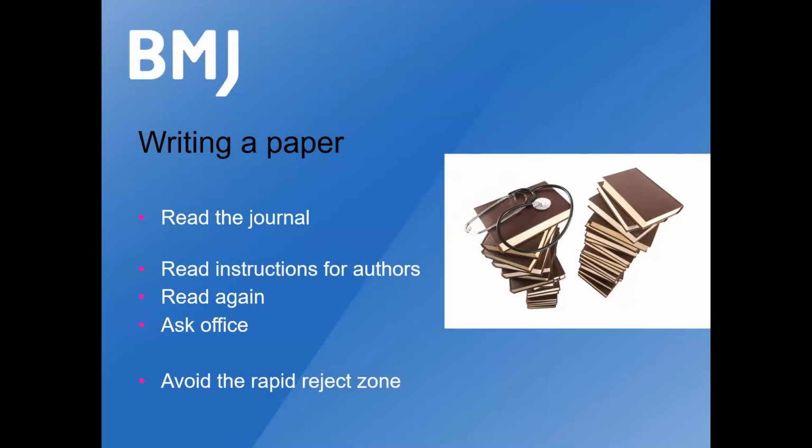Many journals have a rapid reject zone, whereby they get a submission, and for some reason it's not right or not in the right format, and it's automatically rejected. It can't be accepted for the journal. And often when I see it, it's because people haven't read the instructions for authors. I also, every year, peer review poster abstracts for our quality forum, and I read through the poster abstracts, and often it's clear from what people have submitted and what they've written that they haven't read the instructions for authors, and they can't be accepted.